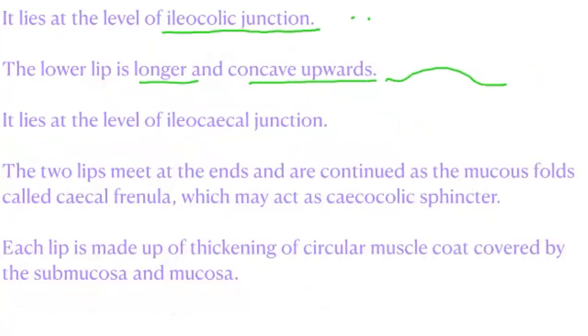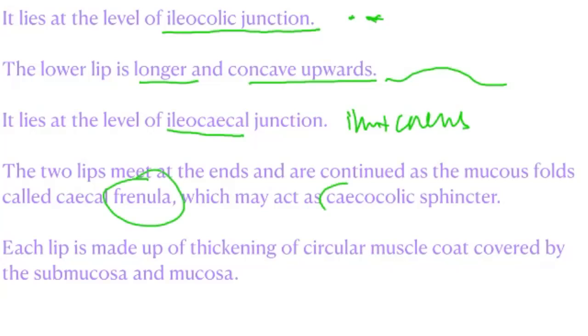The two lips meet at the ends and are continued as the mucous folds called frenula, which may act as a cecocolic sphincter. Each lip is made of thickening of circular muscle coat covered by its submucosa and mucosa. The ileocecal valve regulates flow of contents from the ileum to cecum and prevents regurgitation of contents of the cecum into the ileum. You see, this is the upper lip, horizontal one, and this is the lower lip,